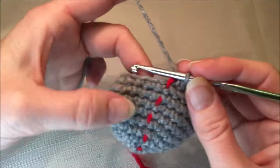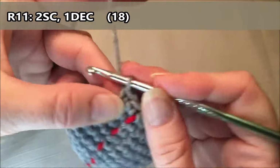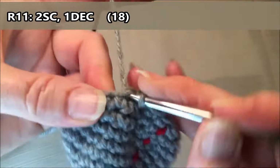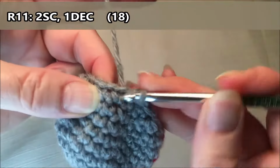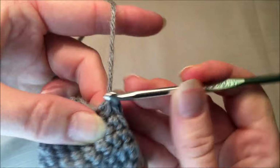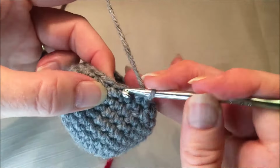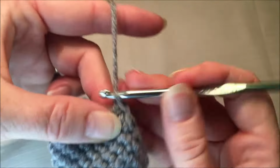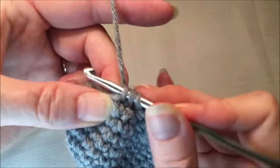Row 11, we're going to do 2 single crochets and 1 decrease. Repeat that around for a total of 18. So 1, 2, decrease, 3, 4, 5, decrease, 6, 7, 8, decrease, 9, 10, 11, and a decrease for 12,